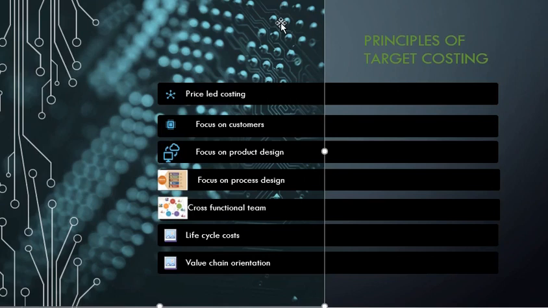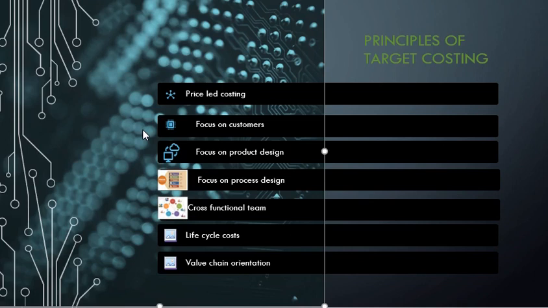So when we get into the principles of target costing, the first principle is price led costing. So what is price led costing? Under price led costing, what it tries to explain is that usually in the traditional method, the cost of the product was decided first, and then a profit will be added, and then the selling price will be decided. But when it comes to the principles of target costing, price led costing, the product price is